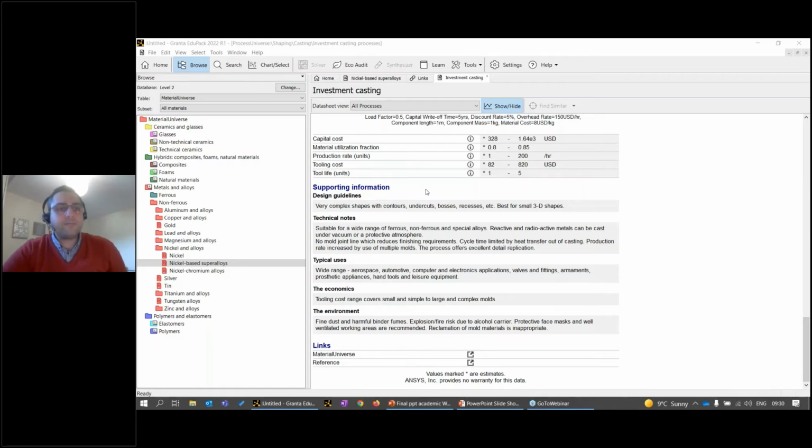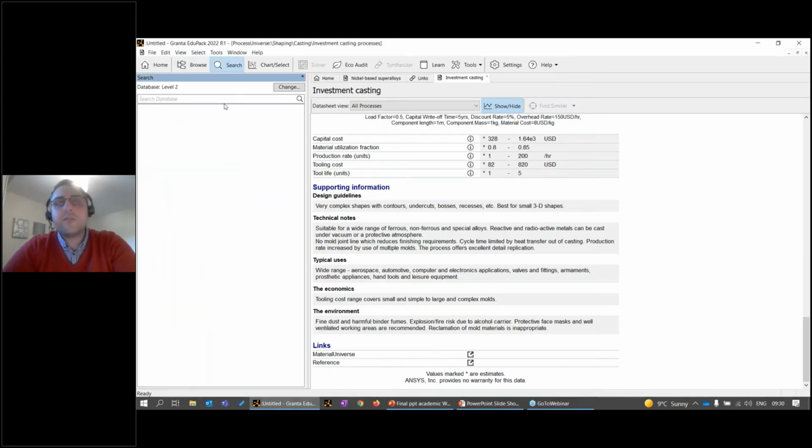Apologies. Okay. So what if students are interested in a material or a process or an application, and they're not easily able to find it within the tree structure in the browse section? Well, they can directly search for it, of course. So the search functionality is quite straightforward. It responds to most of the logical commands that are usually used with search engines like and, or, and so on. So let's search for example, a bicycle and see if we can find materials that would be relevant to